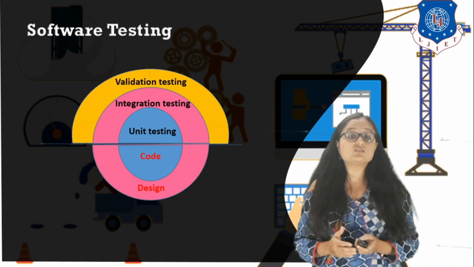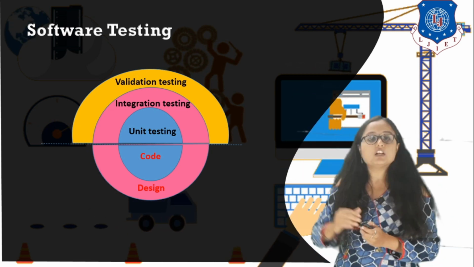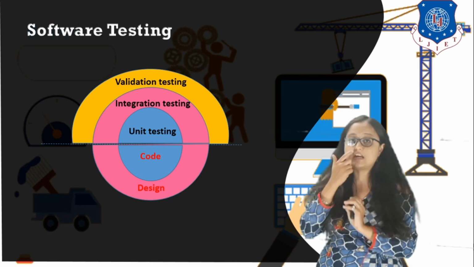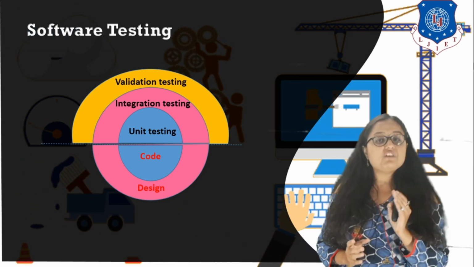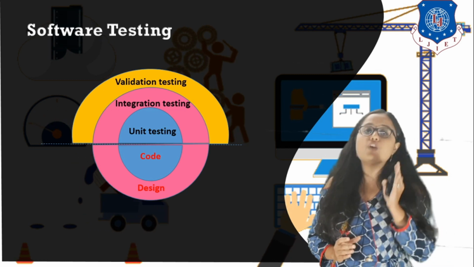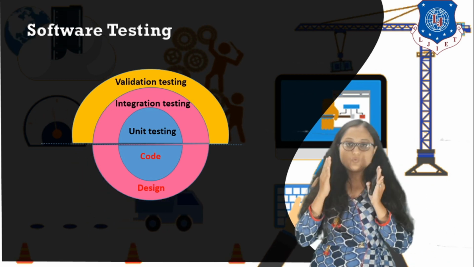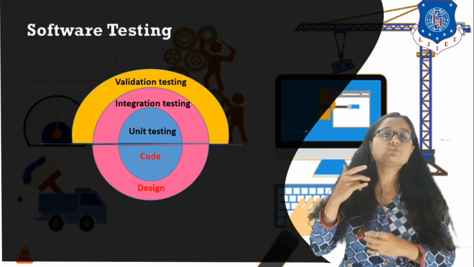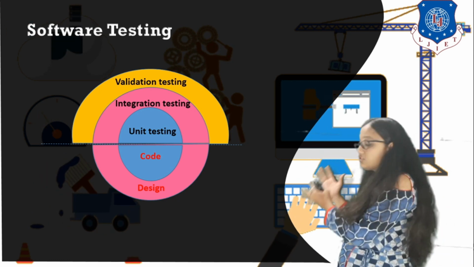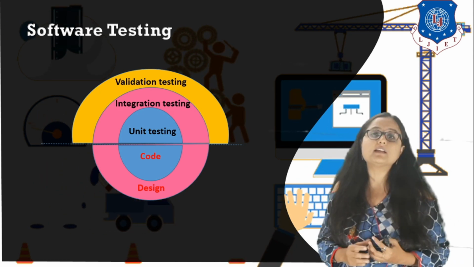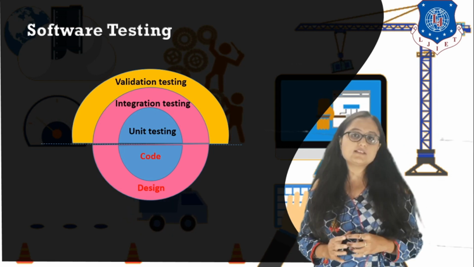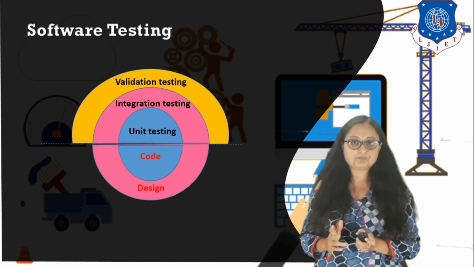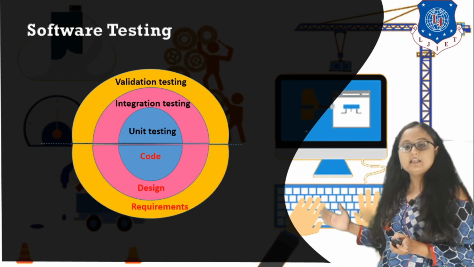The next testing strategy is validation testing. Validation we have already studied when we studied the difference between validation and verification. I hope you remember that validation is basically checking for the user's requirement. It means that whatever software you have developed is according to the user's need, right? So we are running the software. Yes, it is also dynamic testing, which is performed by the testers, and in that the code is tested to check whether it is according to the user requirement or not. So basically it is requirement level testing.